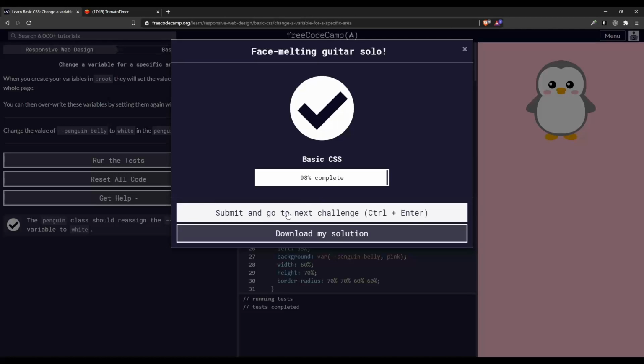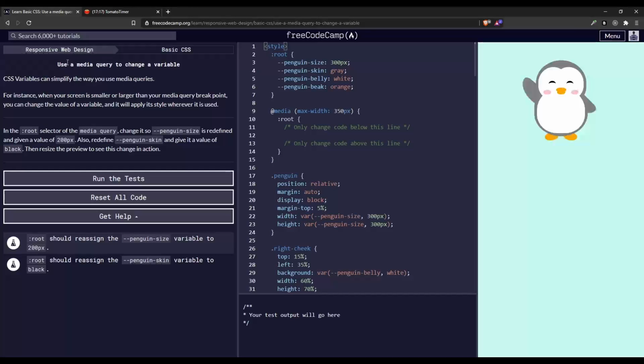And one more challenge in CSS probably. Use a media query to change a variable. So CSS variables can simplify the way you use media queries. For instance, when your screen is smaller or larger than your media query breakpoint, you can change the value of a variable, and then it'll apply its style to whatever is used. In the :root selector of the media query, right here,